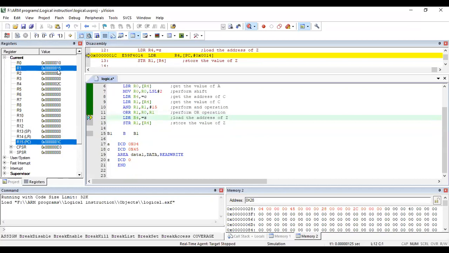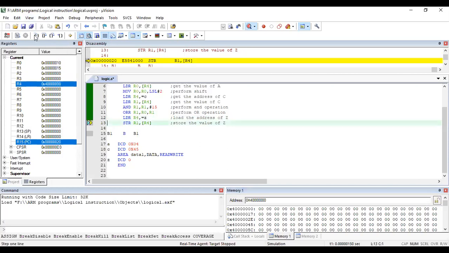So next what you should do? So you got the result in R1. So that R1 you have to store in the data memory. So first you have to get the address of Z. So what is the address of Z? If you see the memory, 0x470 is the address of Z. So first one step, this address you are getting into which register? R4. So after getting the address into R4, you got the result in R1, no? So that result in R1 you are storing into this address location.